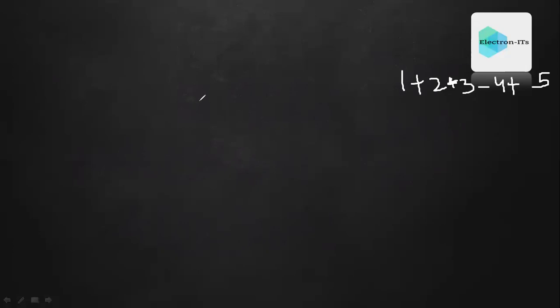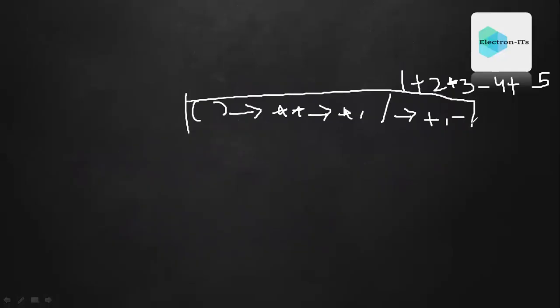First you have to solve the brackets, if any are present, then you have to go for the power, then multiplication or division, and then addition and subtraction. This should be the sequence you follow while dealing with multiple mathematical operations at a single time. So first brackets, then power, then multiplication or division, then plus, minus.